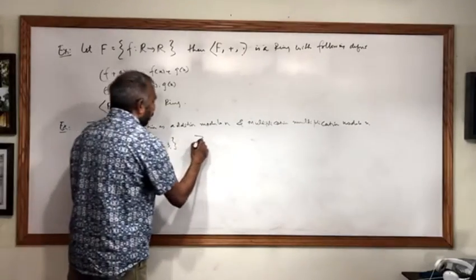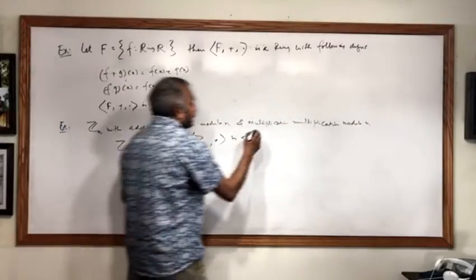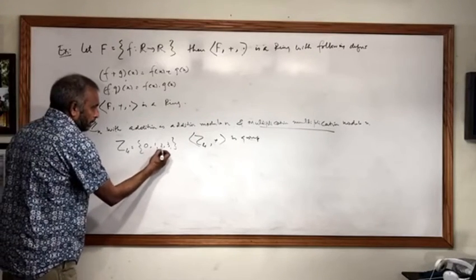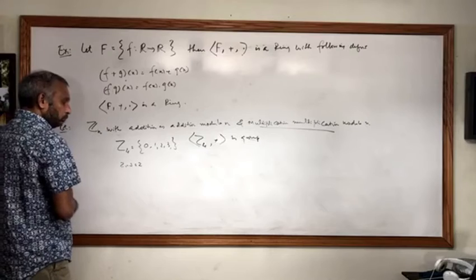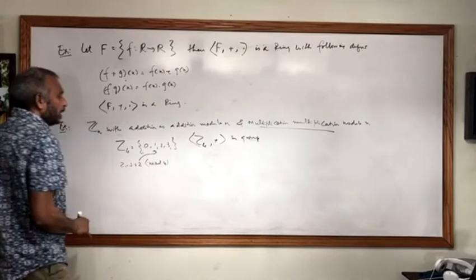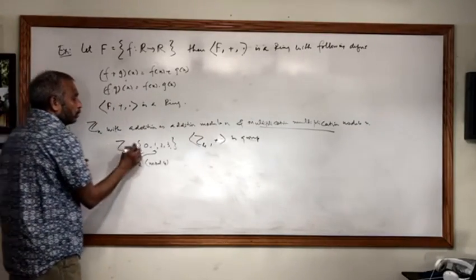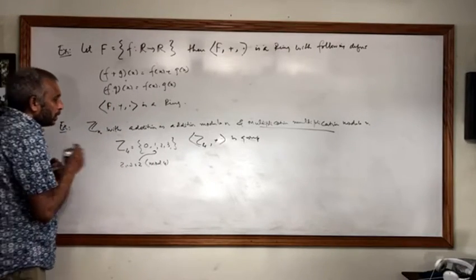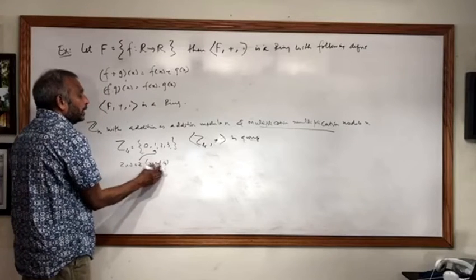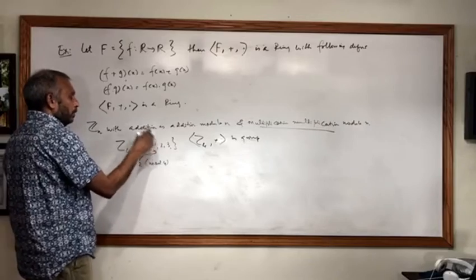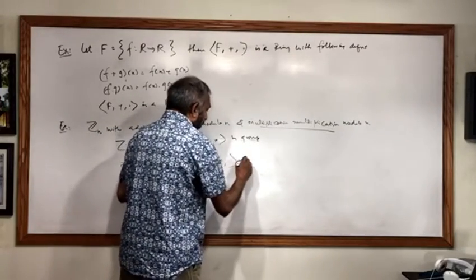So you know that Z4 with addition is a group, so you don't need to worry about it. It's a group that you have already seen. Multiplication modulo n means here if you take any two elements, let's say 2 times 3 is 6, which modulo 4 is 2, and that belongs here. When we say that multiplication is a binary operation, that means it should be closed. It cannot go outside of Z4. So if you take any multiplication and find the modulo of 4, then that number will belong to Z4. So Z4 with addition and multiplication modulo 4 is a